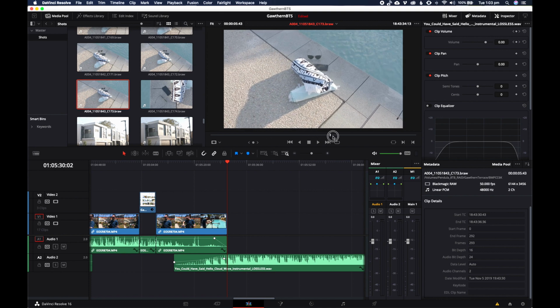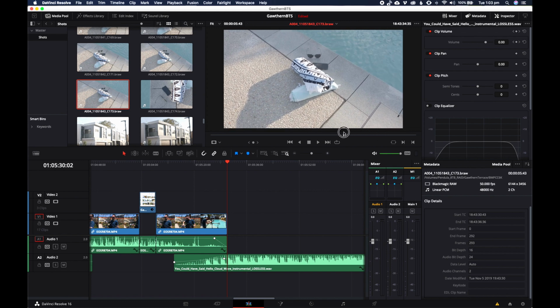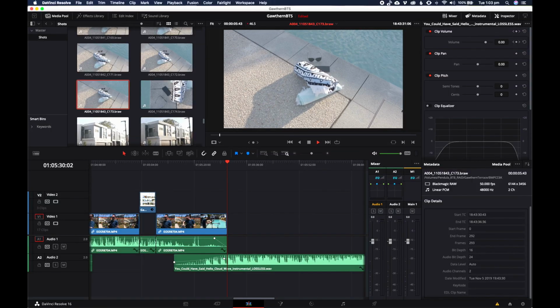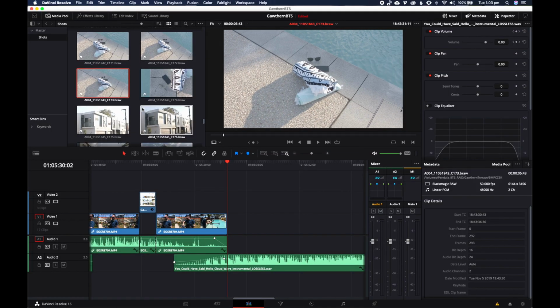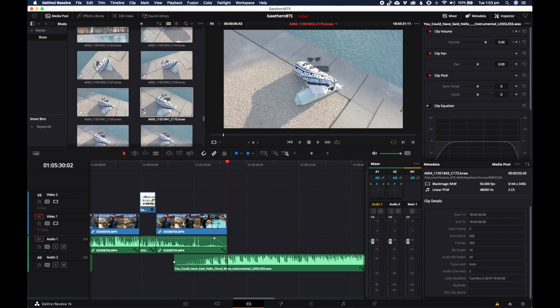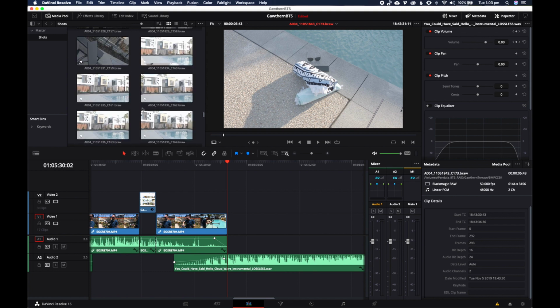This one here I liked as well. So just getting kind of textures and see the clouds kind of in this phone, reflected in the phone. I like that element there. And that was just my phone I put down there as well. So just to kind of show lifestyle. And then we went to some different shots here of